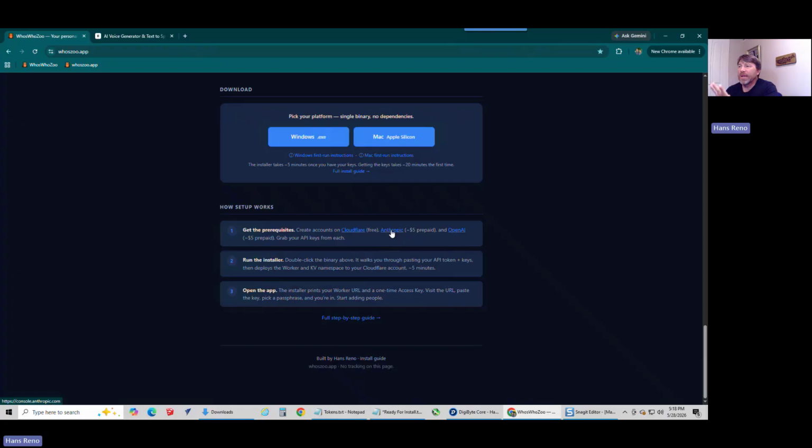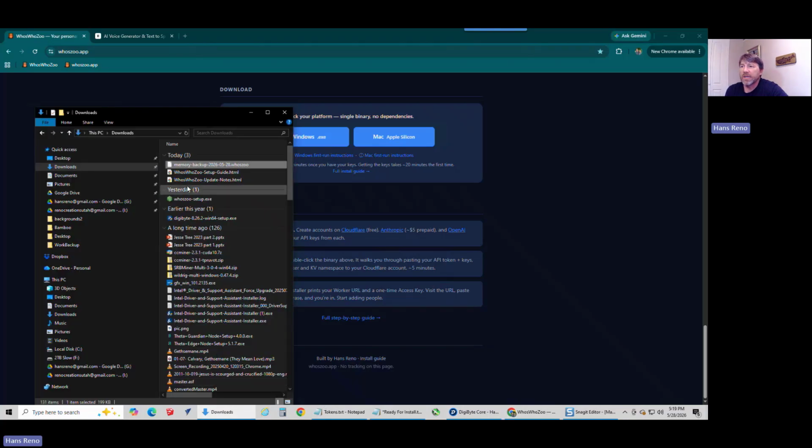All right, so now you're ready to download either a Windows EXE or Mac. It doesn't really matter which one you use because all these installers do is configure your system. It doesn't mean you're only limited to Windows. Once you install it, you can open it up on a Windows or a Mac, it doesn't matter. But this configures it. I've already downloaded the EXE, so I'll go to my downloads and you'll see that I've got the Hoozu setup.exe. And when I execute it,